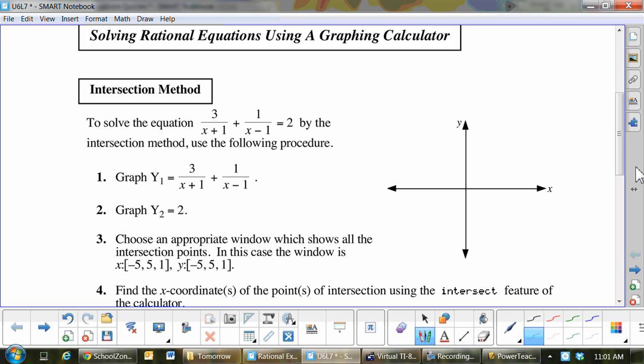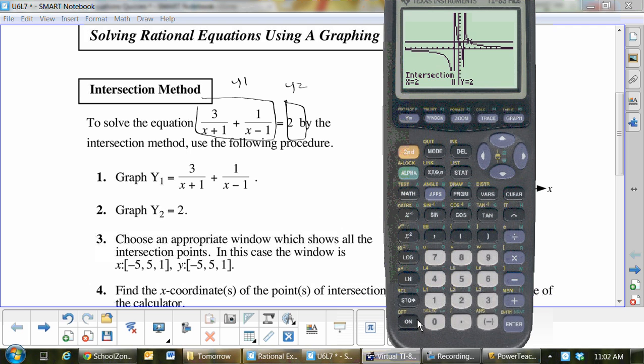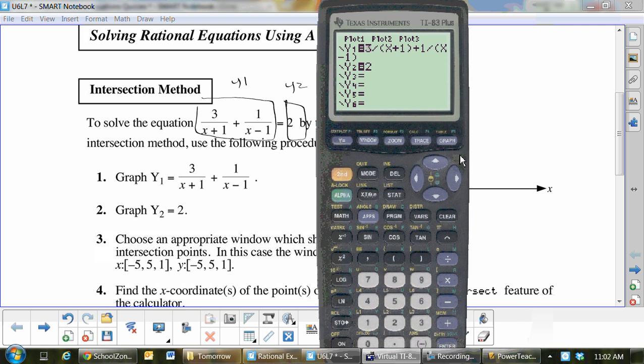Now, for this one here, the left side we're going to put into Y1, and the right side we're going to put into Y2. Okay? So if everybody just goes to their calculator, and how are you going to put that in? Well, it's 3 over (x plus 1) in brackets. Now, if x plus 1 isn't in brackets, it means 3 over x, all plus 1. So you need to have x plus 1 in brackets, or else you're going to have a different question. Okay, and then hit zoom 6 after, and make sure